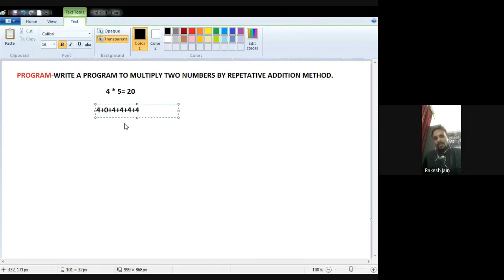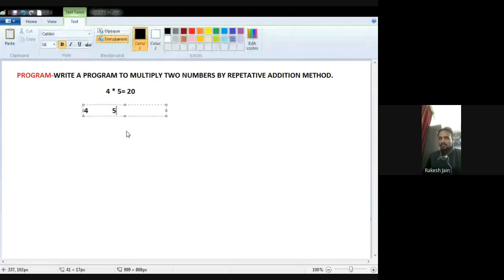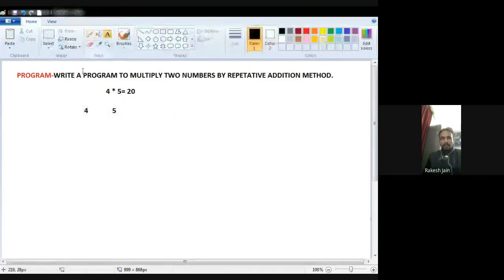So we can say the number 4 is added with itself 5 times. We can understand this very simply in the microprocessor. Just take the two numbers separately, one number 4 and one number 5. Add one of them with itself and decrease the second number by one each time until it becomes 0. So this 4 will be added with 4.